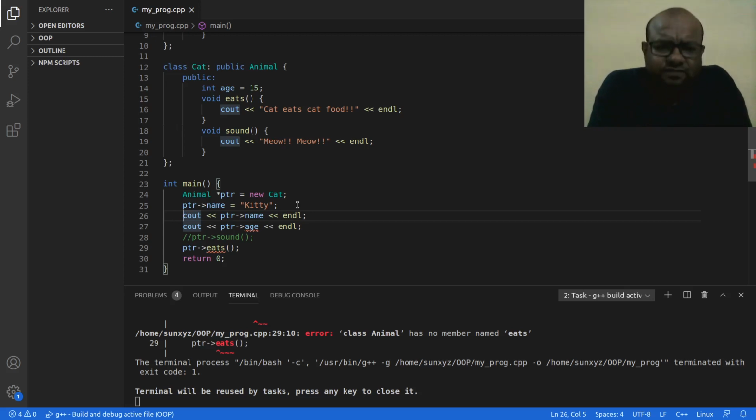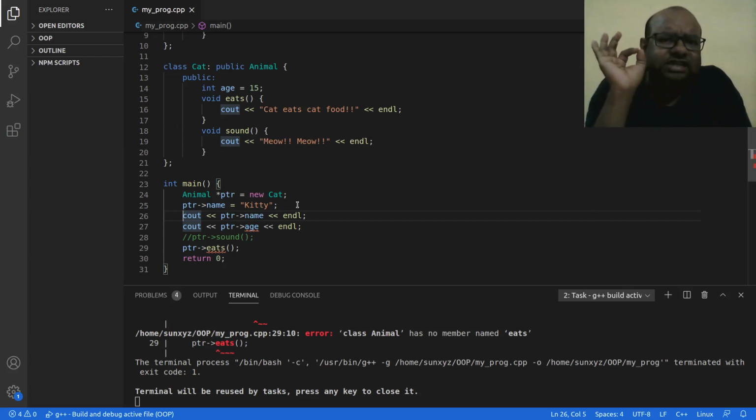But then one point that I first need to observe is this: my pointer that is pointing to this object is of type parent class. This object that this parent class pointer is pointing to is of type child class. So a parent class pointer is pointing to a child class object. Now what is the thing that I am able to access?